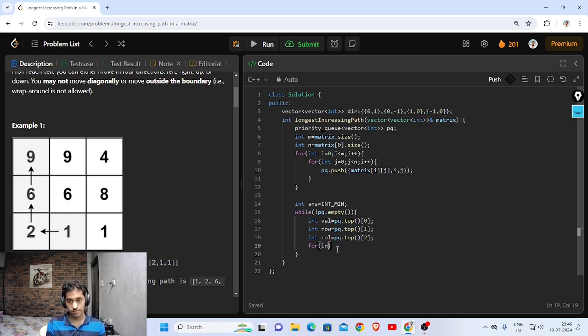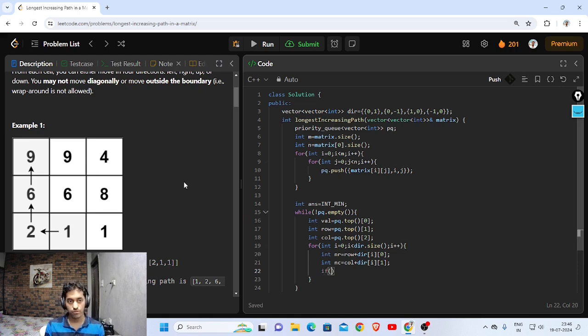I will traverse. I will get the new row and new column like this. This will be one, this will be column. This will be my new row, my new column, and I will first check if it's a valid new row,